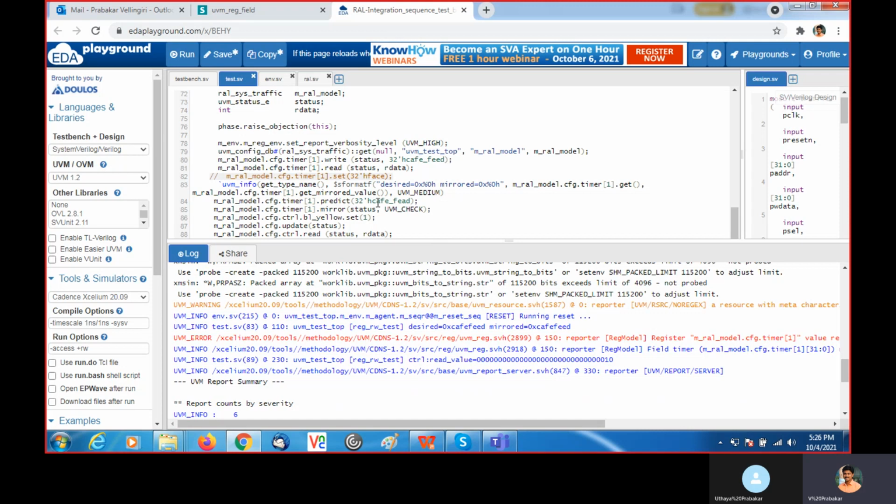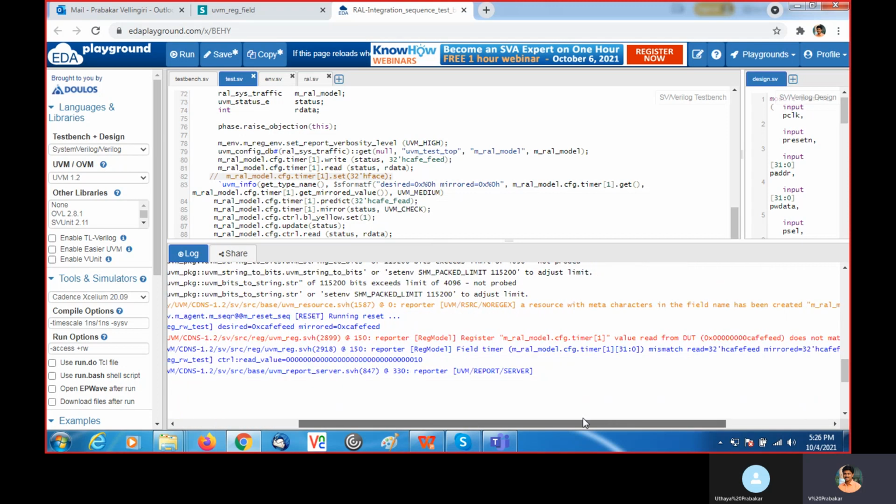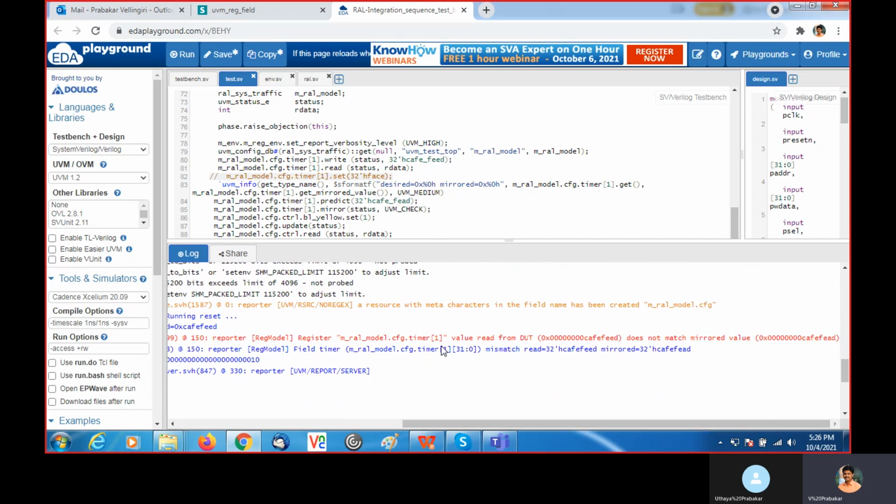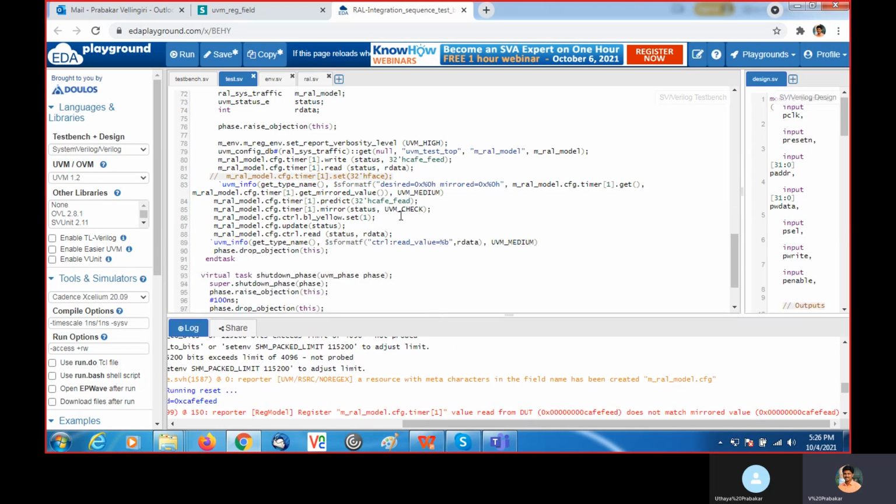But here we are expecting to predict this one, CAFE FEAD, but it is reporting that timer 1 value read from DUT is CAFE FEED and does not match with mirror value CAFE FEAD. In this way also we can do checks.